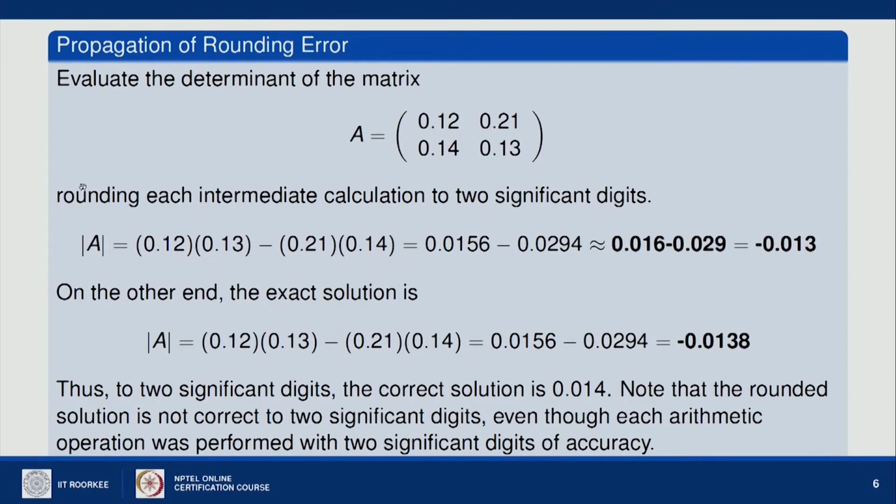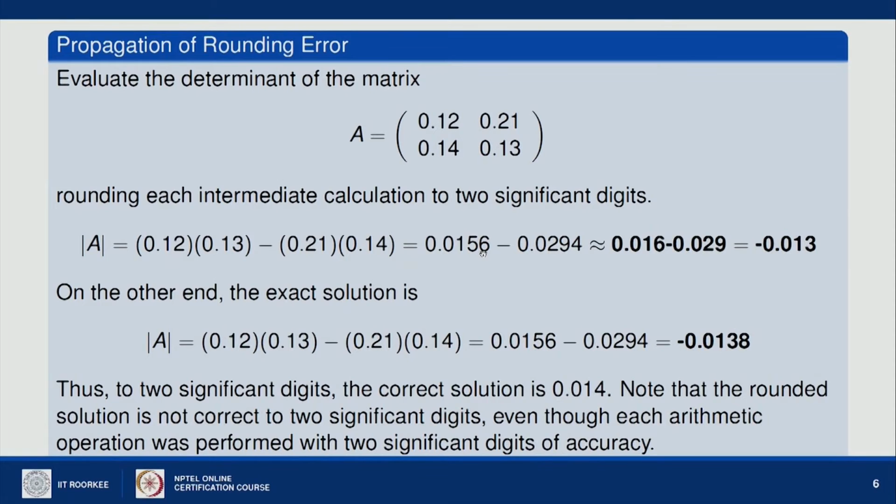So, consider this particular matrix, and for this matrix I want to find out the determinant by rounding each intermediate calculation up to 2 significant digits. So, I have taken this matrix. Let us calculate the determinant, just 0.12 into 0.13 minus 0.21 into 0.14. So, this particular number becomes 0.0156 and this particular number becomes 0.0294. Now, as I told you, I need to round up each intermediate calculation to 2 significant digits. So, when I round it up, it will become